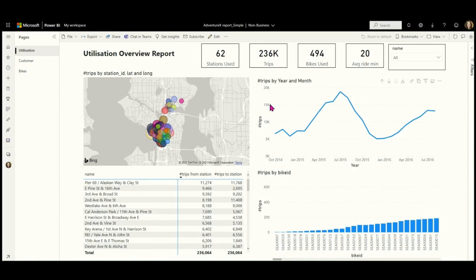So for context, this report was built using a data set that basically has data, or more like fake data, about stations usage of a company I called AdventureX, my fake company. So my fake company rents bikes. So think about it like one of those renting bikes that you can get pretty much anywhere in London. You just pay for 1 hour ride and you can get a bike from the dock station. The purpose of this report was to analyze utilization of the dock stations and the bikes.